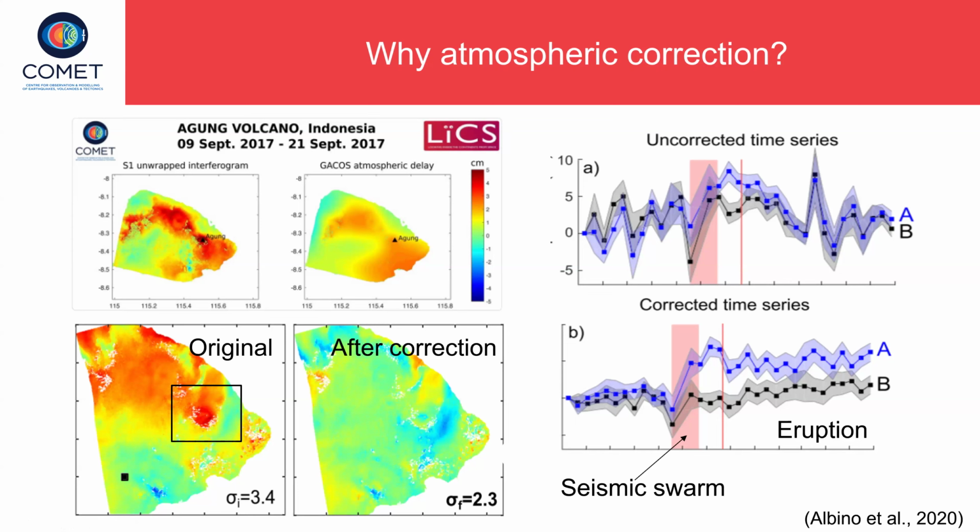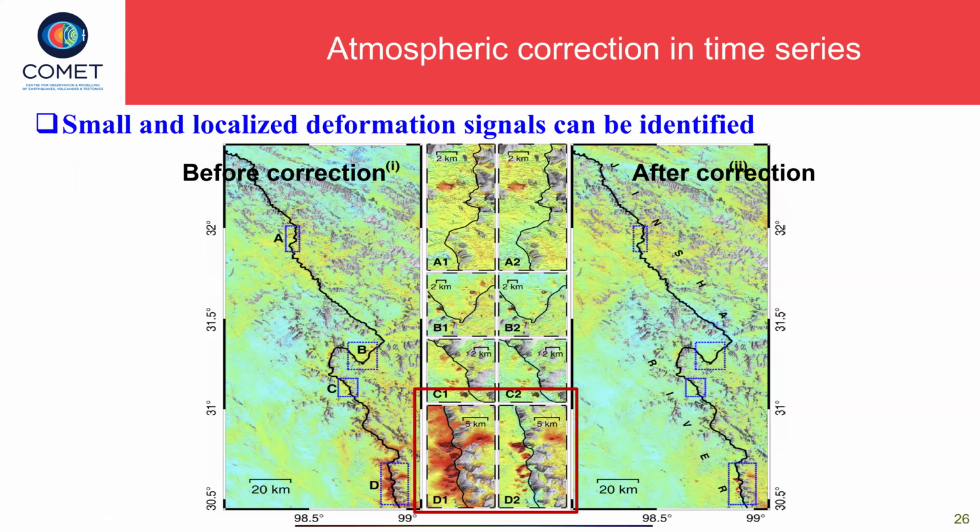So we can clearly see these warning signals after atmospheric correction. So it's really important to do the correction. Also, we can benefit from detecting smaller landslides. For example, if you do not correct for the tropospheric error, you can